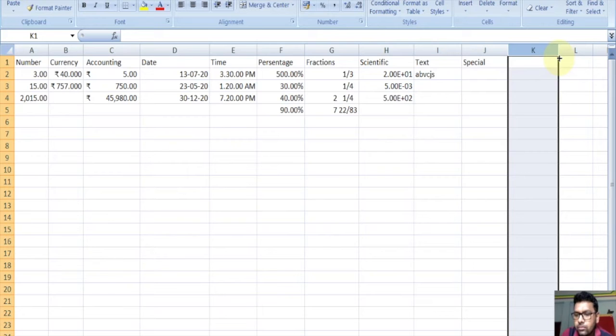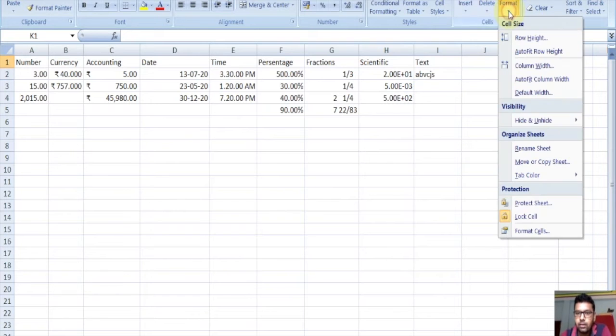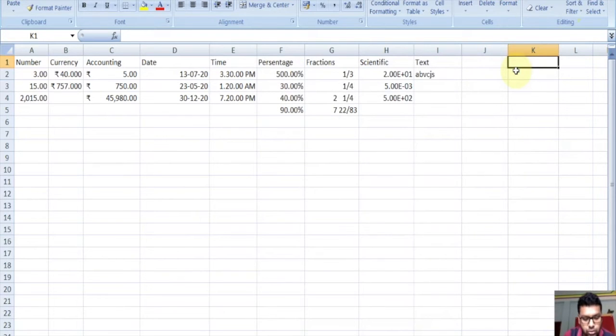So the special format is for American mobile phone numbers, American landline numbers. So this is not needed in Excel in India. After that we will learn about custom. We can use custom.